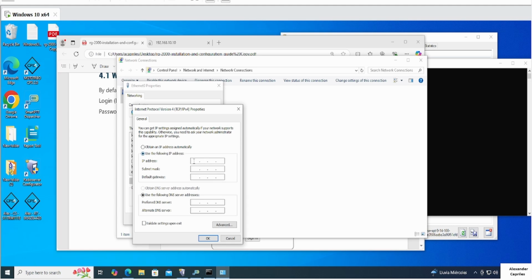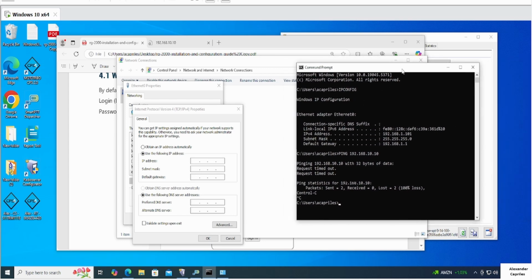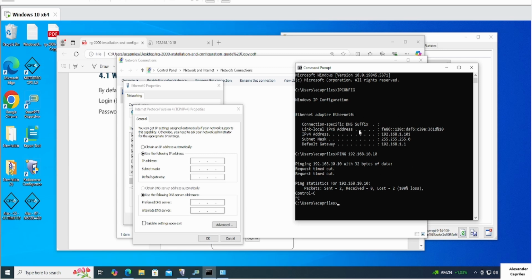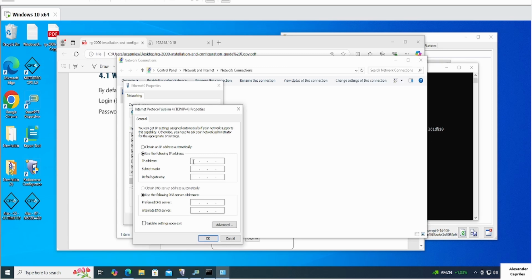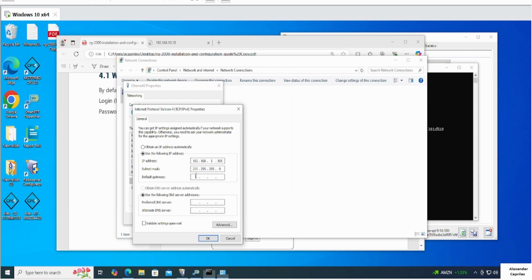I'm gonna set a static IP address. That's the IP address that I was receiving for the HTTP server. So let's do 192.168.1.101, and the gateway was 192.168.1.1. On the DNS, I'm gonna use the same gateway,